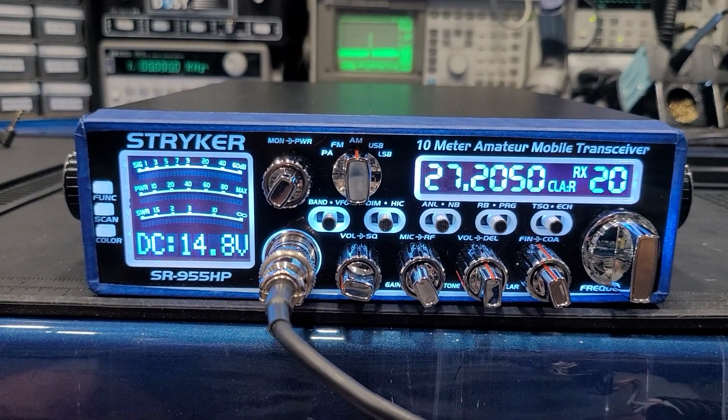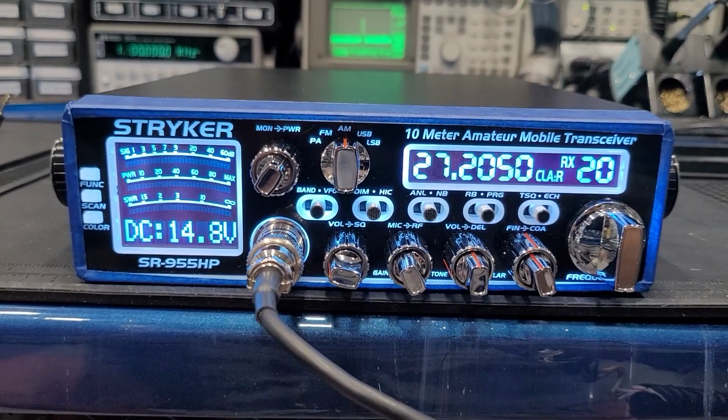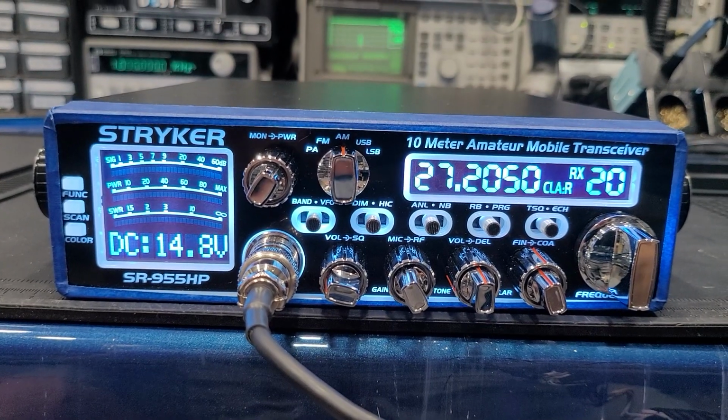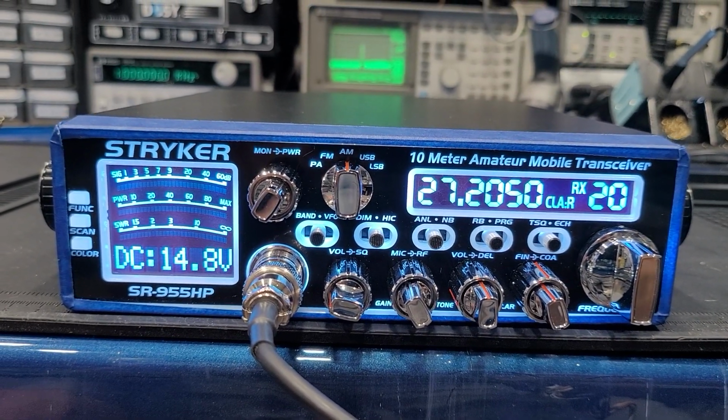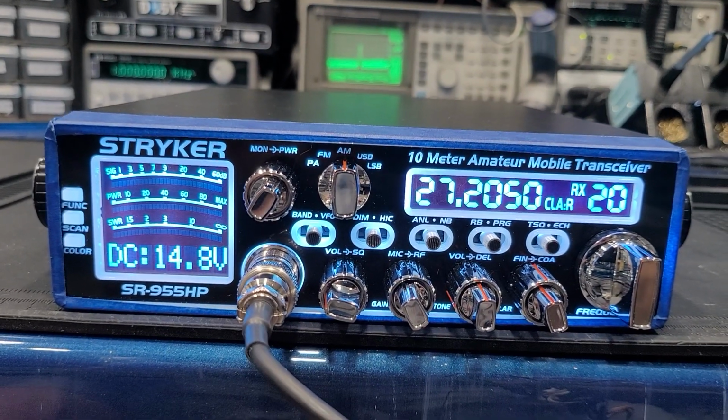All right, Mart, got your Stryker 955 all ready to go for you. It is all built out and complete. We've got a full tune-out done. We've got upgraded finals. We have Hifi Transmit, Hifi Receive, all mode Hifi, to cover FM and sideband as well,